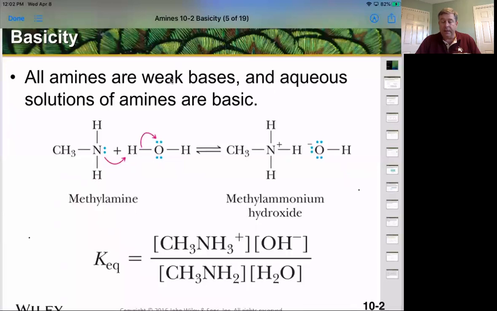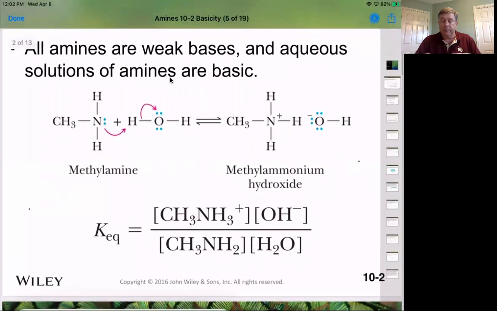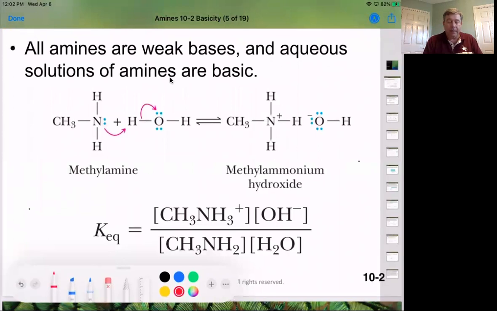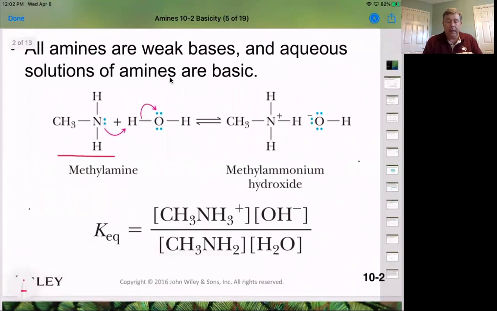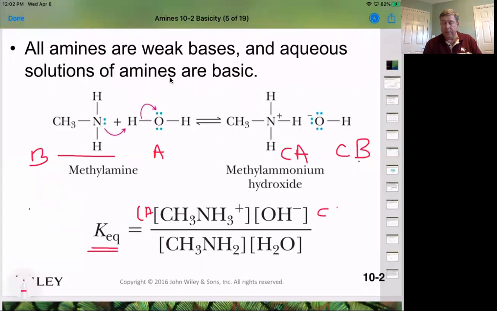Okay, so in the case of these amines, the amine will act as a base and the water acts as the acid, okay? So this is acting as the base and this is acting as the acid, which makes this the conjugate acid and the hydroxide is the conjugate base. And so if we look at our equilibrium constant here, we have our conjugate acid and our conjugate base over our base and our acid here, okay? So from this equilibrium constant, we get an idea that they will always make these basic solutions when we dissolve